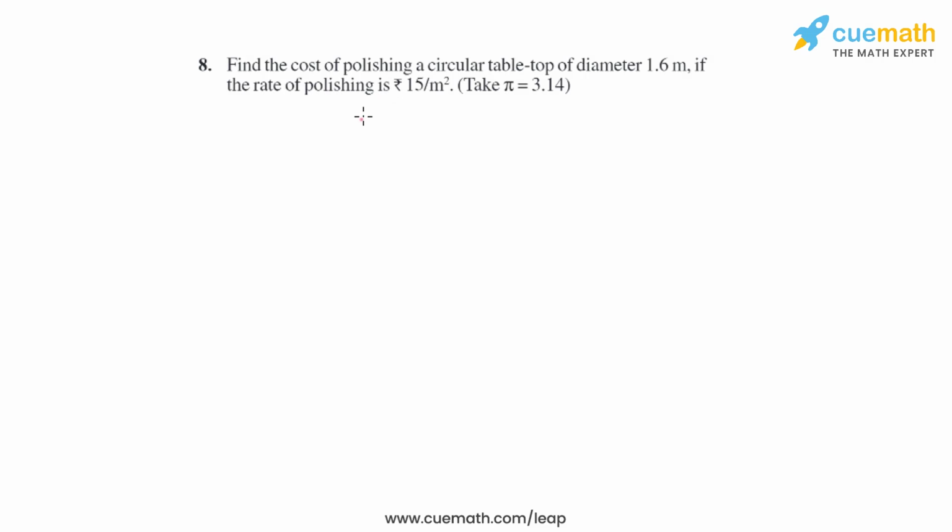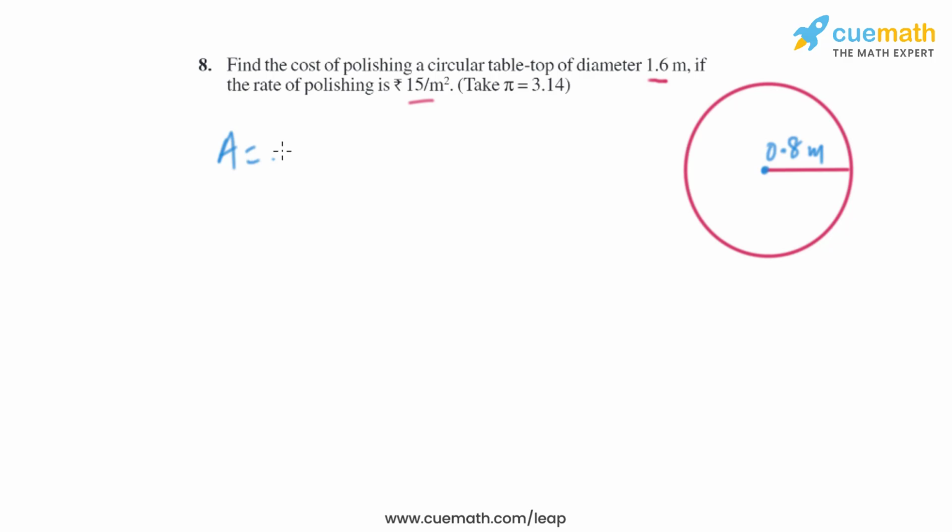Question 8 of this exercise says: find the cost of polishing a circular tabletop of diameter 1.6 meter if the rate of polishing is 15 rupees per square meter. Take pi equal to 3.14. So basically we are polishing a circular table, so we need to find the area of the circle. We know that the formula to find the area of a circle is pi r square, and pi